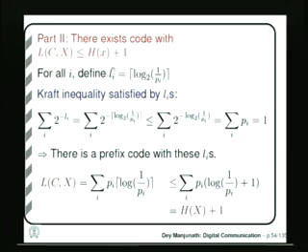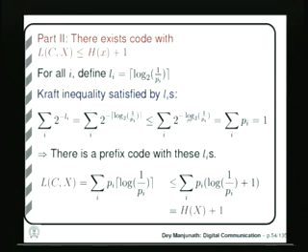Then we can check that these lengths will satisfy the Kraft inequality. So, this summation will be equal to this summation, where Li is replaced by this, and this will be less than or equal to, if you remove the ceiling, what will happen? If you remove the ceiling, this quantity will decrease. So, minus of this quantity will increase. So, 2 to the power of that will increase. So, this is less than or equal to this, and this is 2 to the power minus